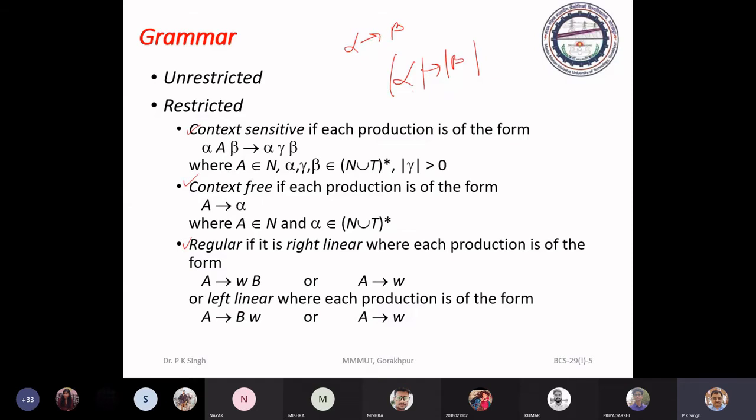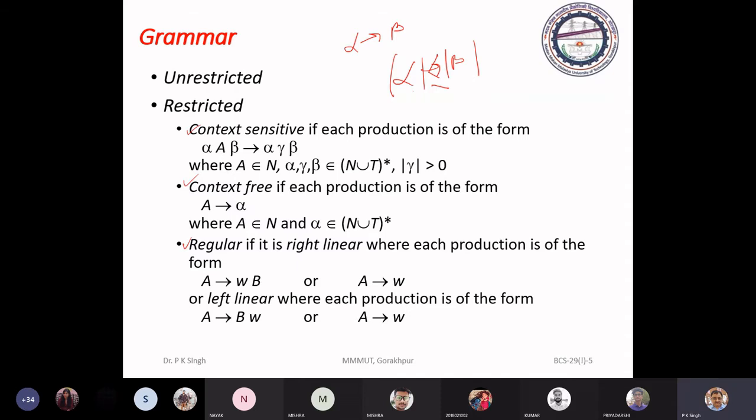The grammar that is not destructive is constructive. It means mod alpha must be less than or equal to mod beta, where alpha and beta are strings of terminals and non-terminals. You have gone through this. It is just to recap.